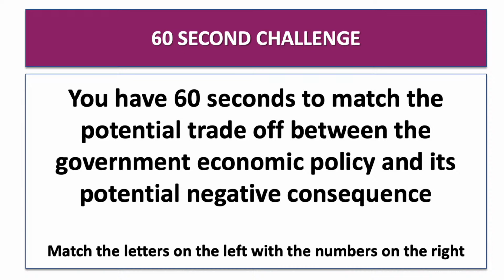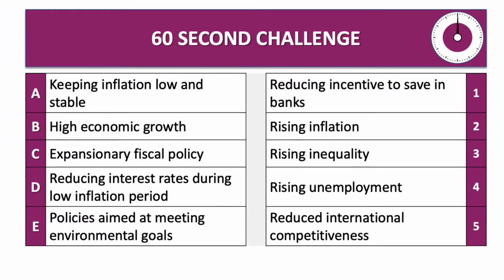Thank you very much. Okay, we're going to have a look at potential trade-offs between macro targets. This is a really common area that you get the opportunity to evaluate in, and it's a very common area to discuss in essays in the macro. So the plan is you're going to have to do a matching here, matching the letter on the left with a number on the right. John's going to kick us off with the clock, and we're going to give you a minute to try and match these pairs. So kick us off with the clock, please, John.